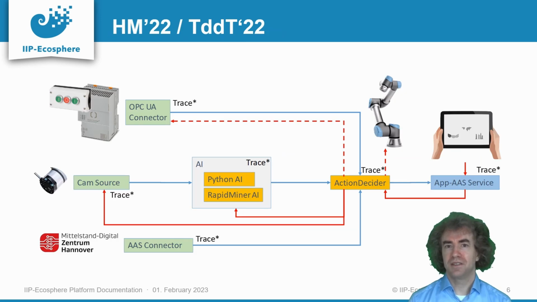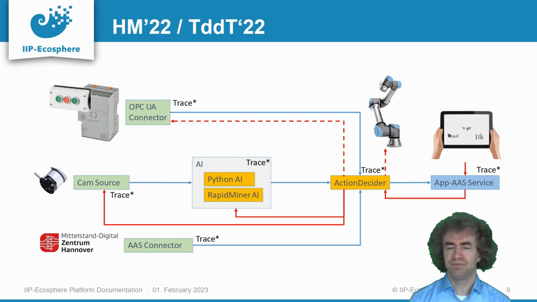And finally, as announced before, we have the code for the demonstrator of the Hannover Fair 22. It's just called Examples HM22. And you see, it's a little bit more complex. So it has actually 3 sources, 2 machine connectors, one OPC UA on the top, one AAS connector on the bottom, which goes against an asset administration shell. It involves a camera. It involves 2 alternative AIs that can be switched at runtime, one in Python, one with